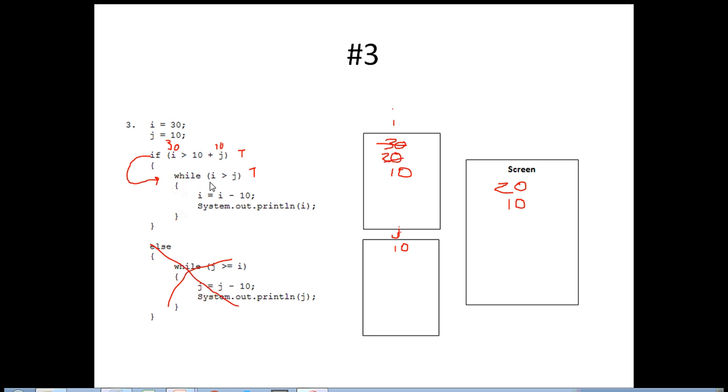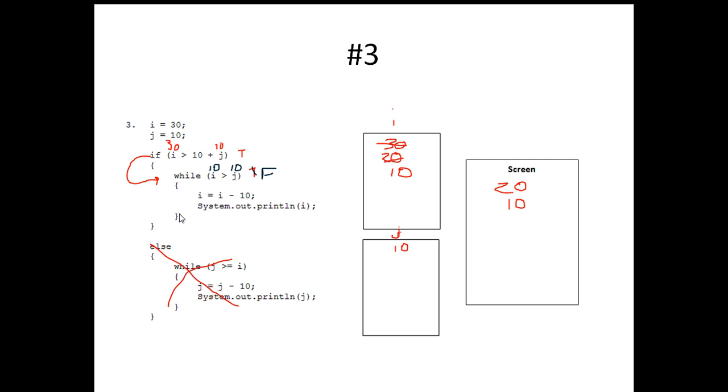Okay, now we see then that as we come back to this while statement, I has now been changed to be 10. So because we find that in the memory location, now the question is, is 10 greater than 10, because again j is not changing. Well, as it turns out, this is now false. So this while statement produces the logic expression, or Boolean expression, produces a false statement, which means we kick out